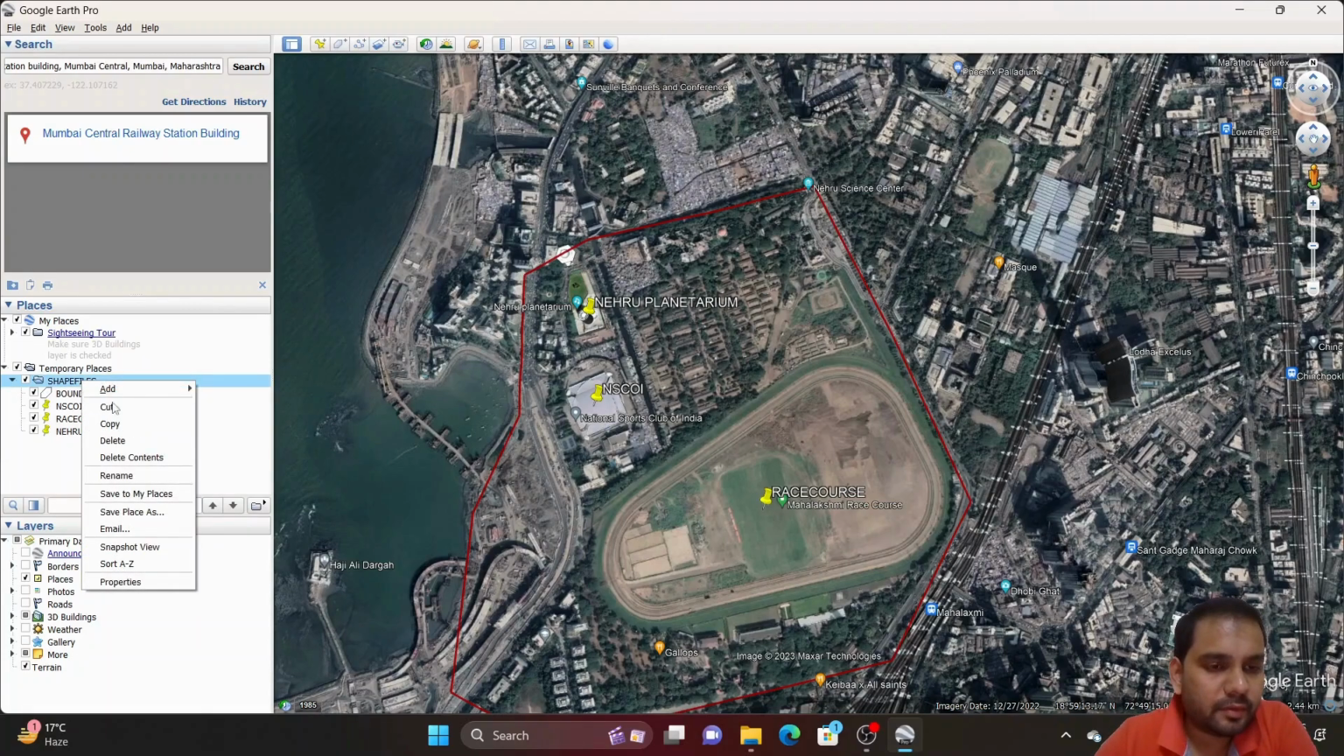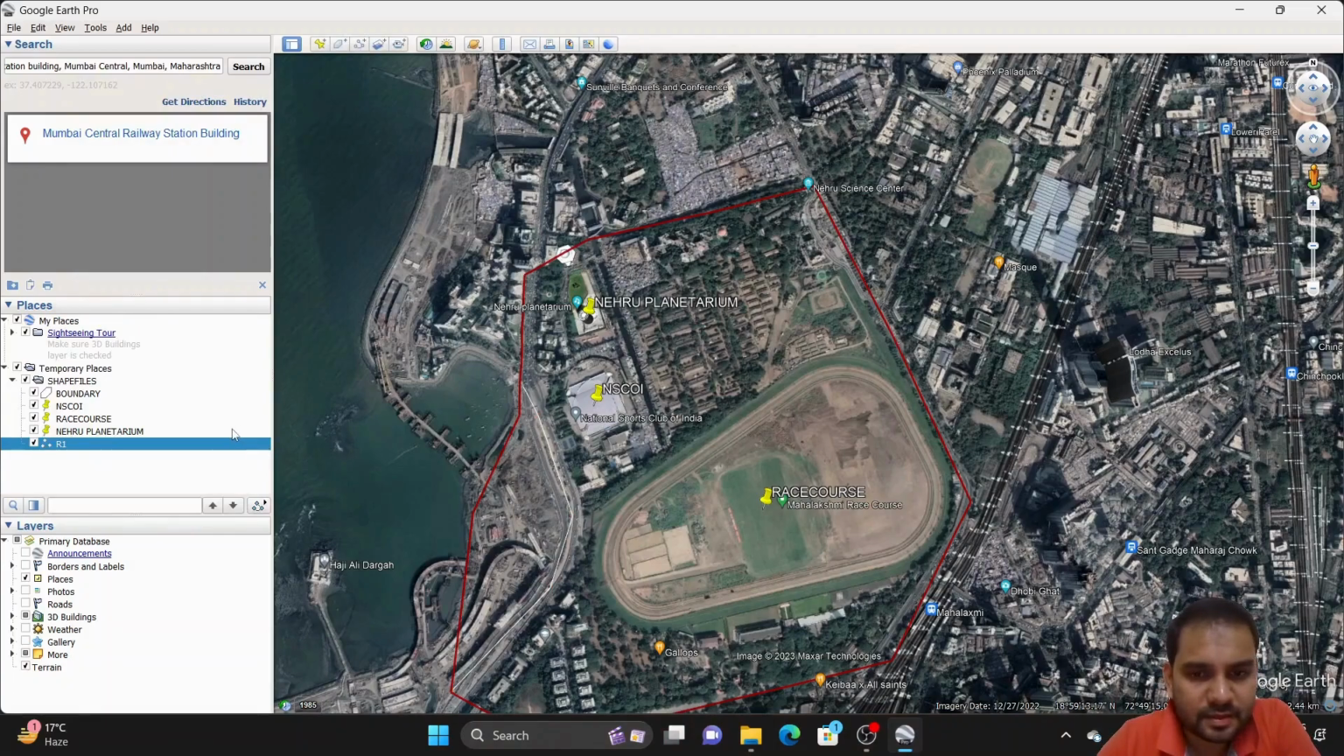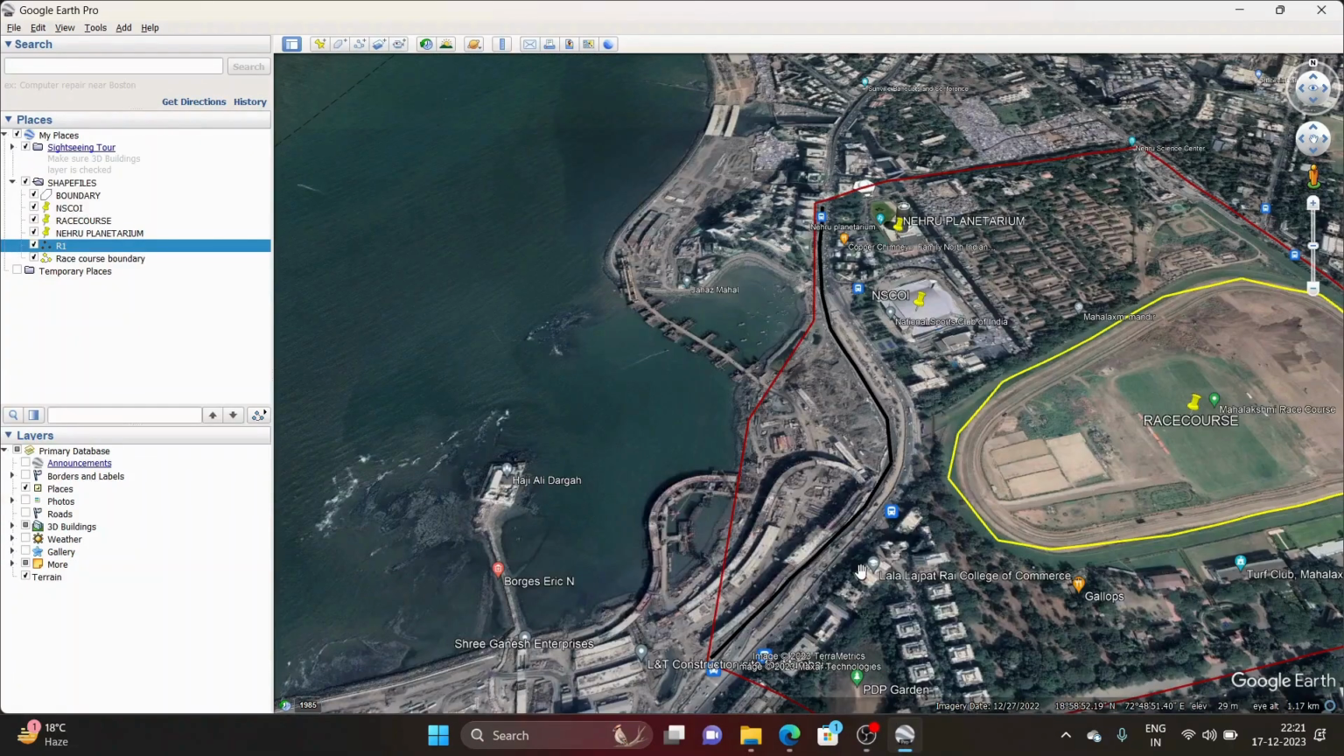Now we will be adding some poly path, means some polylines. Like we can see, if you start from here, there is a road connecting. Then again, you can end it here. Okay. So we can write here, this is R1. So the best thing about Google Earth is, if you want to edit any of the shapefiles,